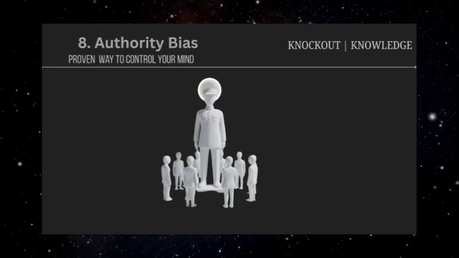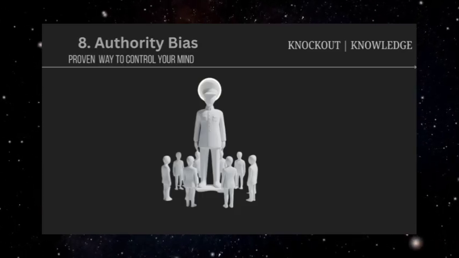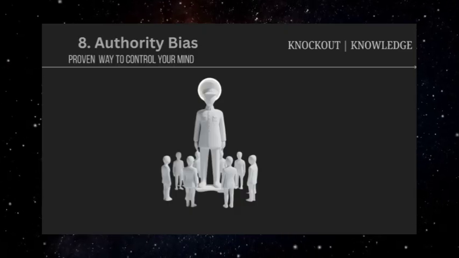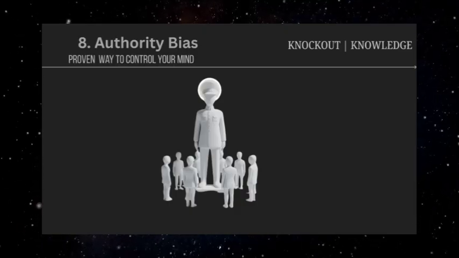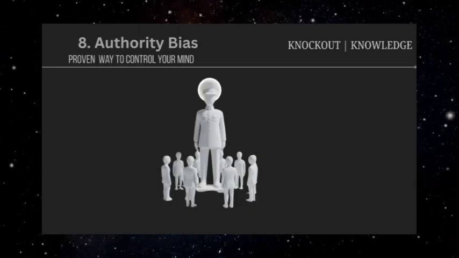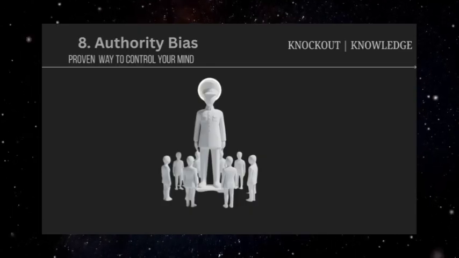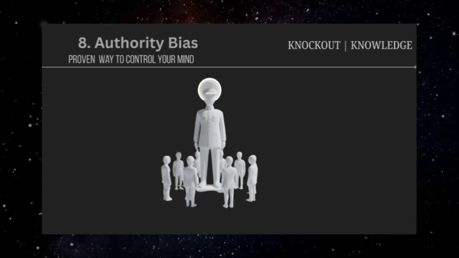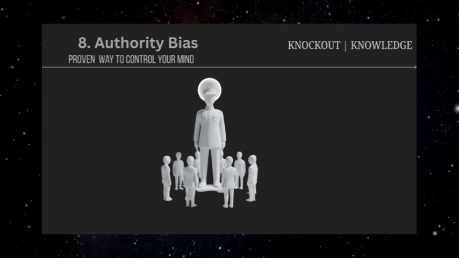Visual symbols of authority are often exploited as well. White coats make people appear more medical, suits suggest business expertise, and academic settings imply intellectual authority. Manipulators might carefully stage their environment to include books, certificates, awards, or other symbols that suggest expertise, even when those symbols are irrelevant to the situation at hand.